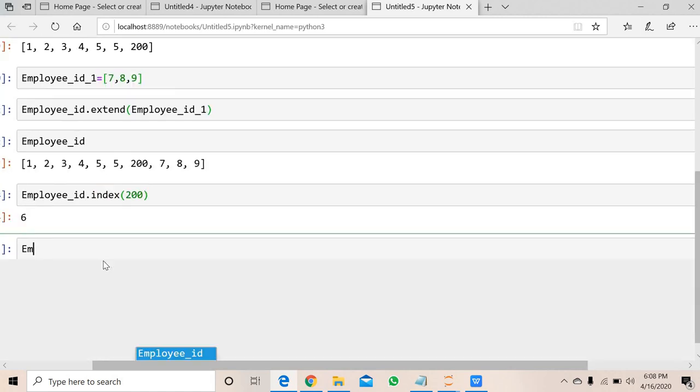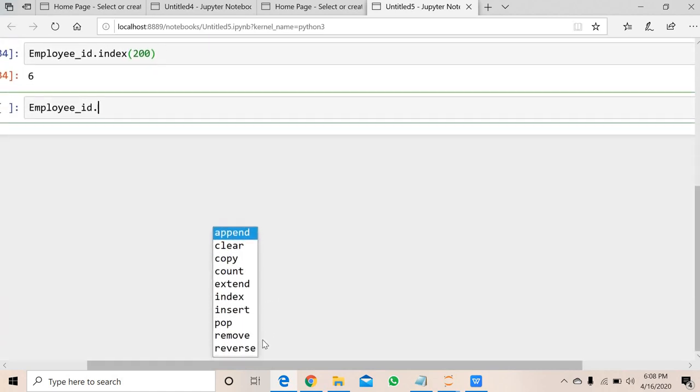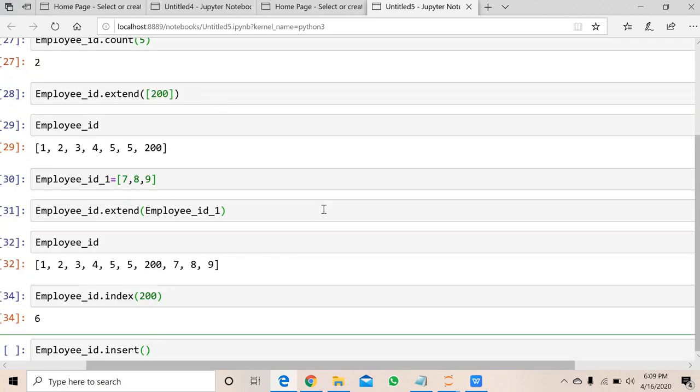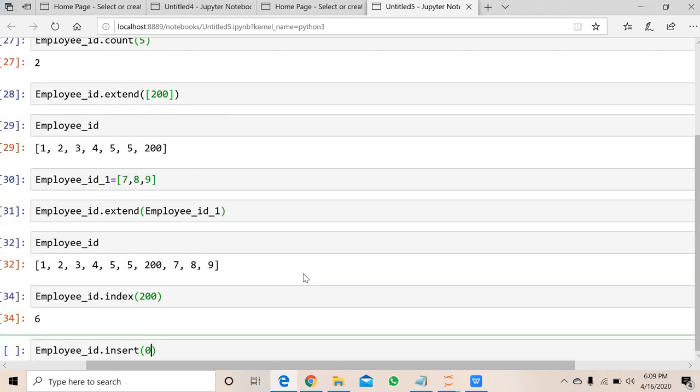Okay, the next one is insert. For the insert function, we have to give two parameters: where we have to insert and what we have to insert. Where we have to insert means we have to give the index. If you want to insert from the starting, we can give 0 as the index, the starting point.